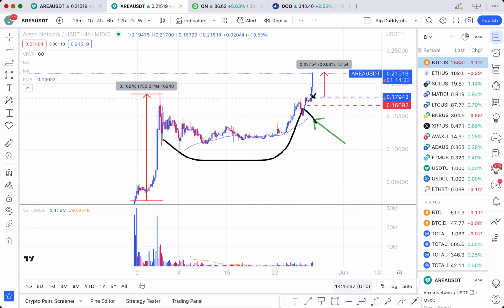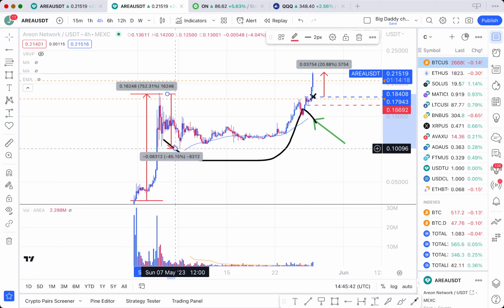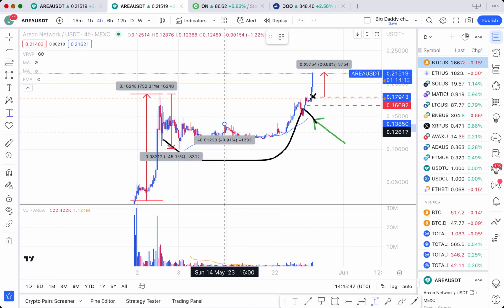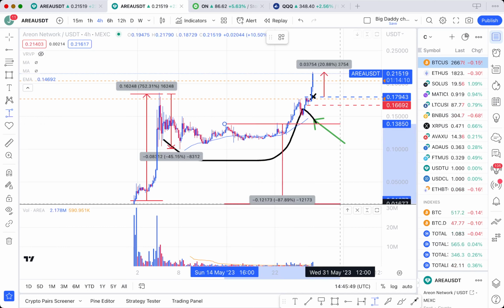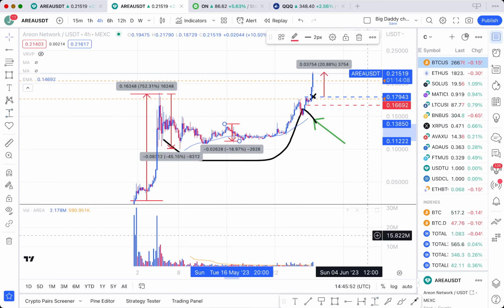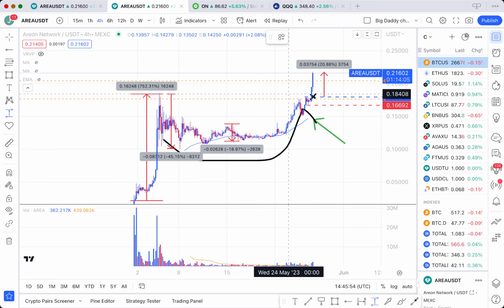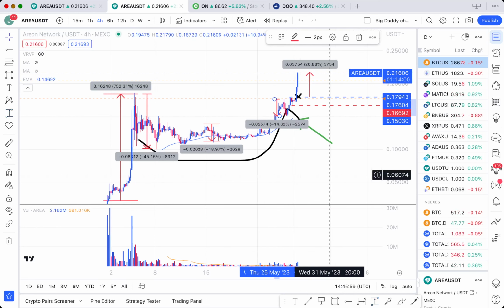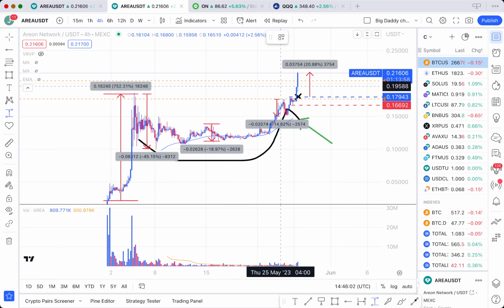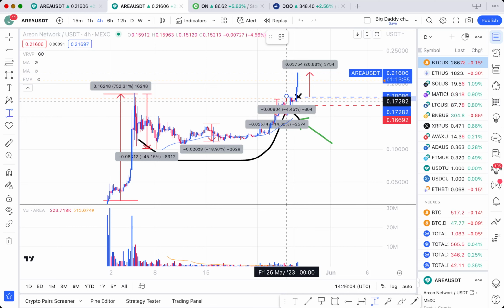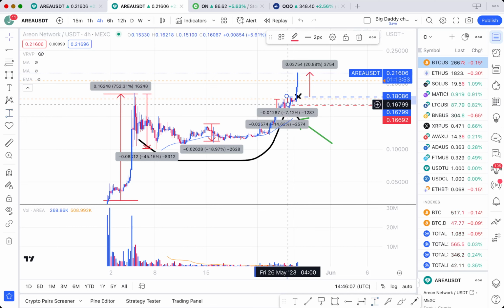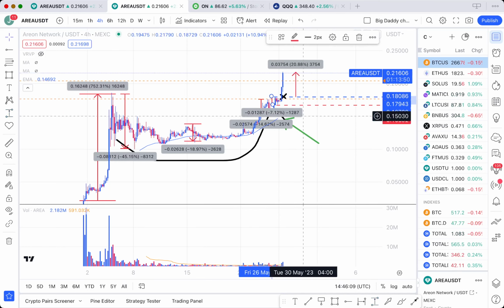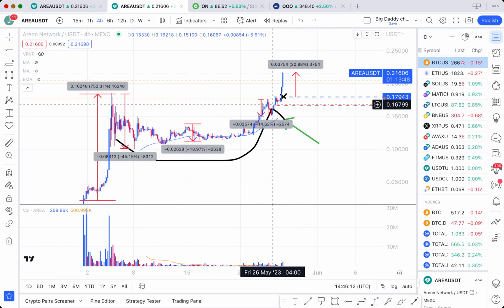The first contraction is of course from the peak to the trough, or around 45%. Then we had something a bit smaller over here, this is around 20%. Now of course the last pivot was right above over here. The almost last one was 40%, and the last one is of course our pivot over here. This is the last contraction right before the breakout, below 7%, around 6%. Now it's hard to show on the chart, but